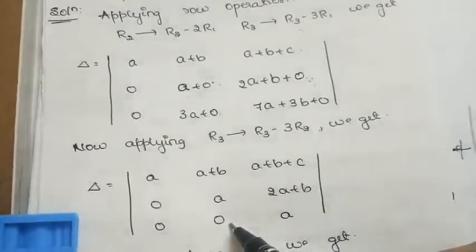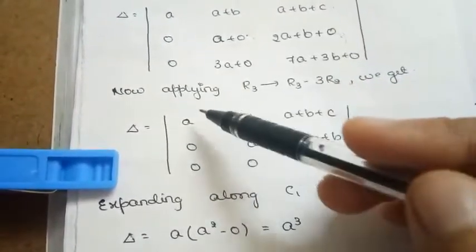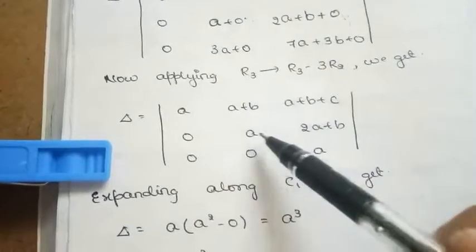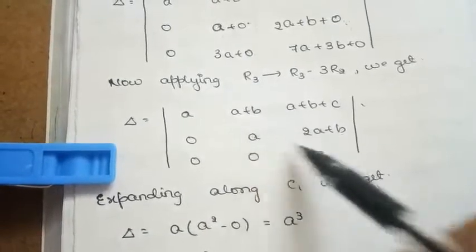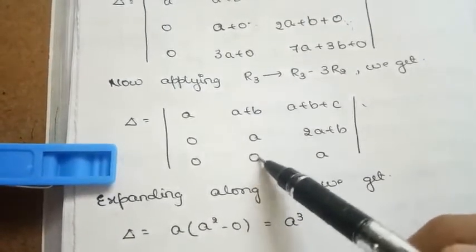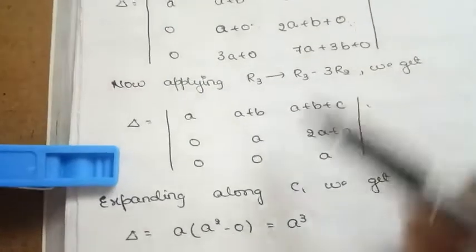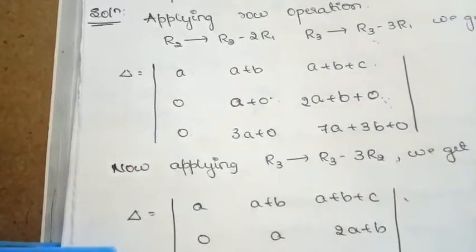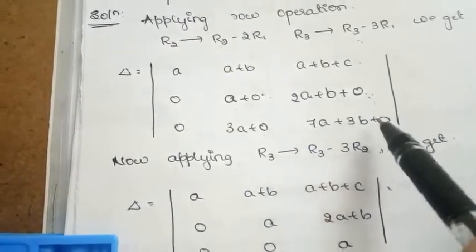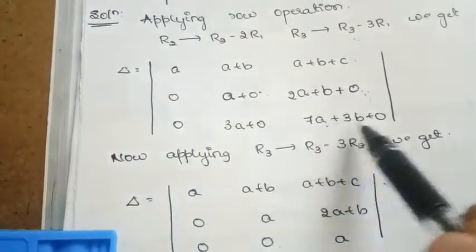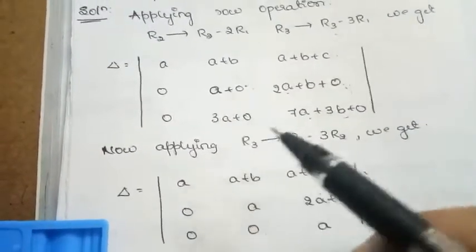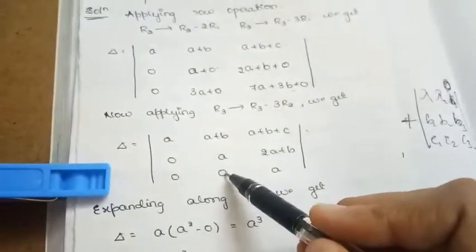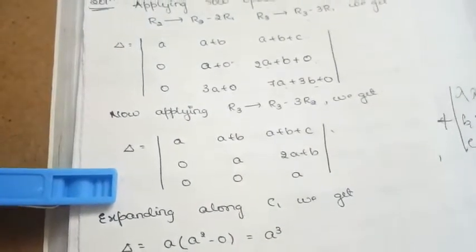So after getting even this element also equal to 0, now I am expanding this one along the column C1. While expanding this one along the column C1, a into deleting the row and the column, what I am going to get? a into a, it is nothing but a square. Since here it is 0, even I get this element as equal to 0. Suppose if you apply here itself only the row operation, there is not a big deal, but the thing is that even you need to solve a into 7a plus 3b, and even you need to solve this one. Even this computation becomes a bit lengthier, so I made even this term as equal to 0. At that time computation becomes a bit easier.